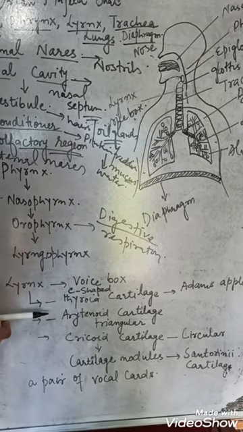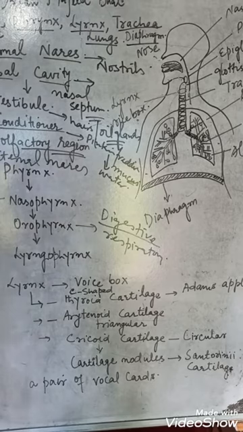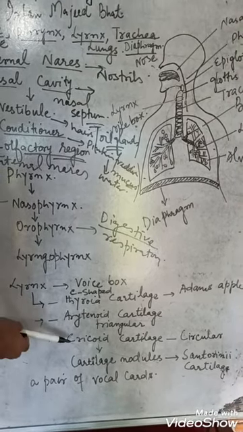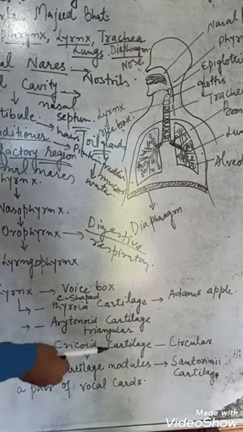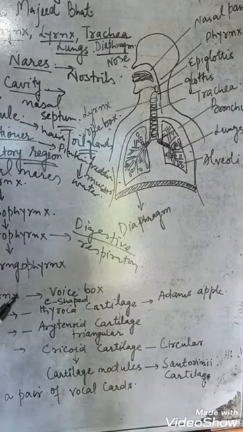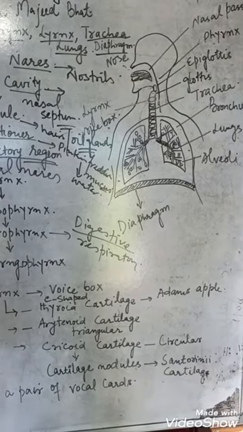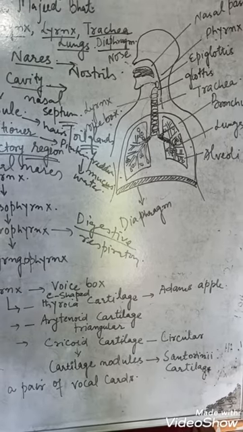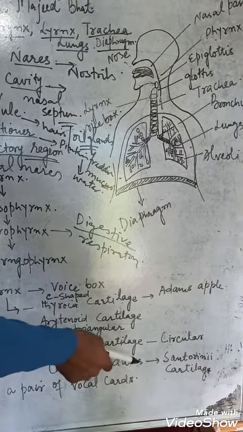Then there are the cartilages called the Arytenoid Cartilage, which is a triangular cartilage inside the larynx, and there are other types of the cartilages called the cricoid cartilage, and cricoid cartilages are circular in shape. The cricoid cartilages, they have got the cartilaginous nodules also, or a lump-like structure. इनके ऊपर एक वो lump-like structure होता है, which is called the Santorini cartilage.